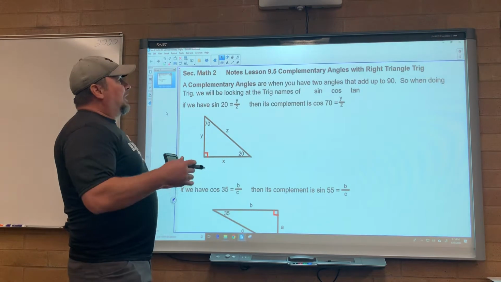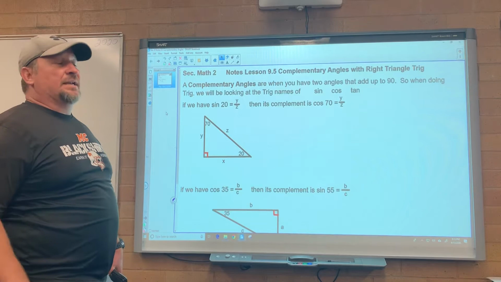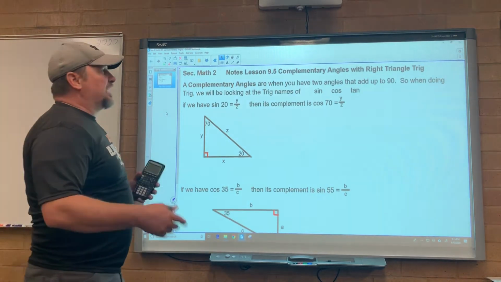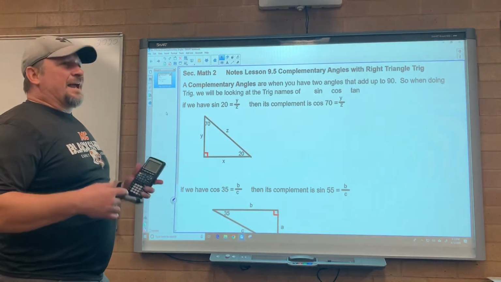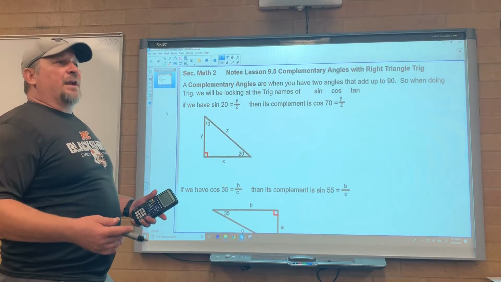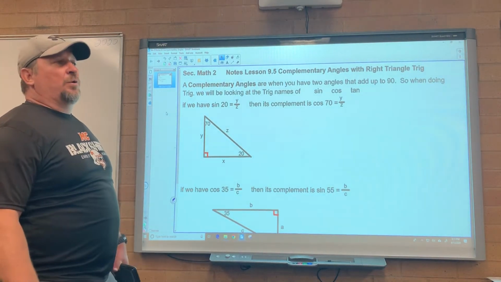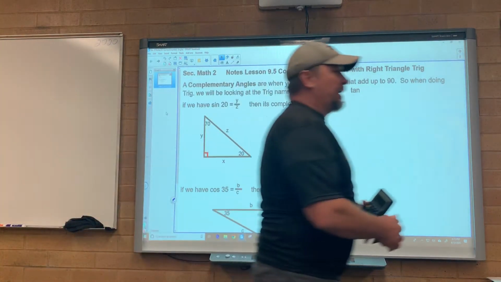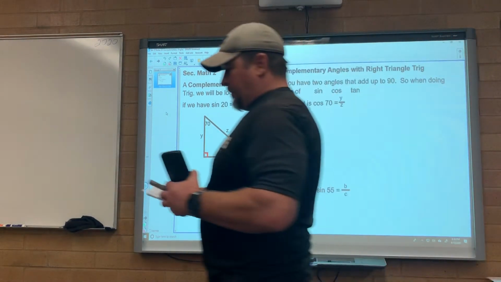We're back with a section that I need to show you before we get ready to do the review and the test. The review is today, and there's going to be a couple of problems, one for sure, where you're going to need to find, they're not asking for the complement, they're asking for what is the same as this other angle. Anytime they use the words "the same as," like they use the words right,